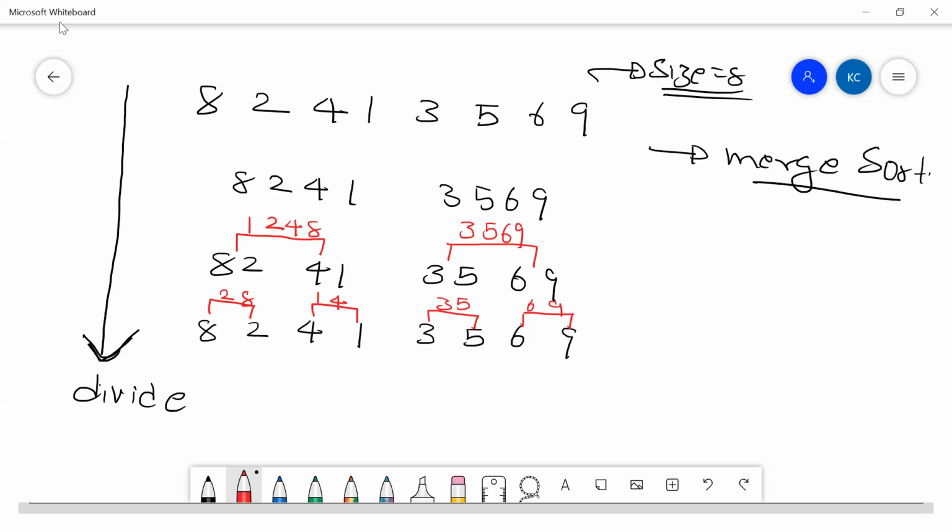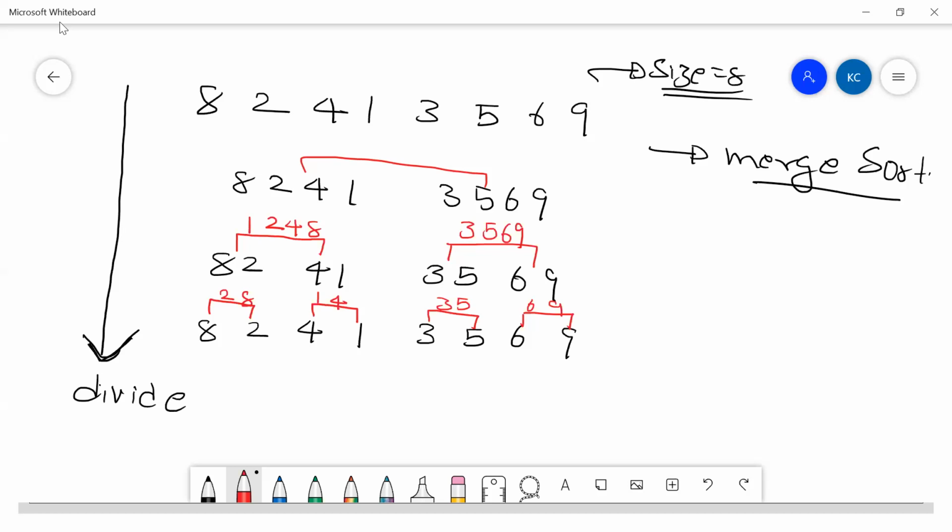Again, I'm repeating it once more, guys. So what I did is I've sorted. Now these two sorted arrays are my input to the step which is above, and now I have sorted all the two sorted arrays which were sorted independently. Same thing I did over here also. Now here we have 1, 2, 4, 8 and 3, 5, 6, 9. This is sorted independently. This is sorted independently. I just need to merge these two.